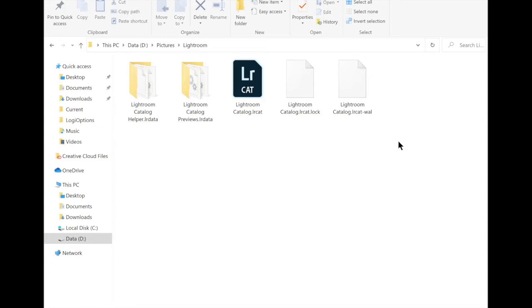Make sure that you safely unplug the SSD, go to another laptop, plug it in there, and start using that. So this is the strategy where you want to use the same catalog, same set of files in various other laptops.